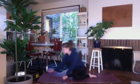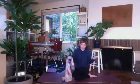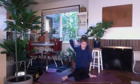And then from here, I thought it would be nice to do a little work into the shoulders, checking on time here. We have just a little bit of time. And if you have a scarf or a strap around, it may be a nice assistant here. Bring the right arm up, grabbing your scarf or strap if you have one. I know some people have the range of motion to touch their fingertips, and then scooping the left arm behind, finding